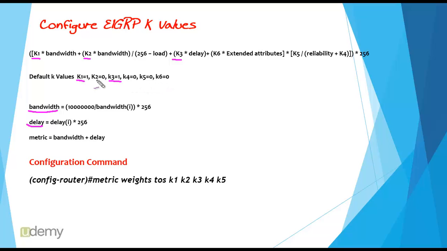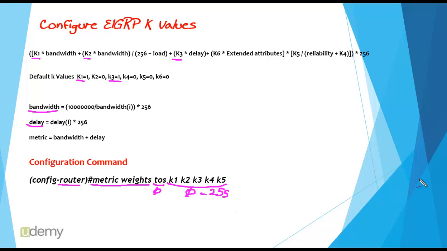If you decide to change these values, you have to configure them with the metric weights command, which is done in router subcommand mode. You have to enter subcommand mode with router EIGRP 1, for example, or with named EIGRP, or in IPv6 configuration in config-rtr, and then issue the metric weights command. After metric weights, you have to enter the type of service, which currently only supports 0. The range is 0 through 8, but the only number supported is 0, and then enter the K values from 0 to